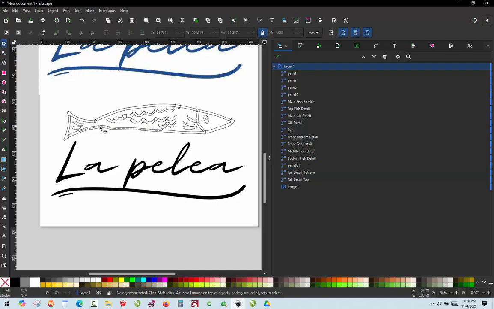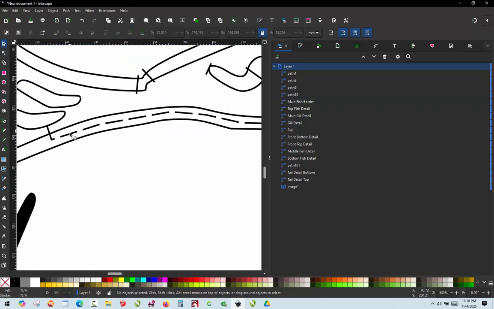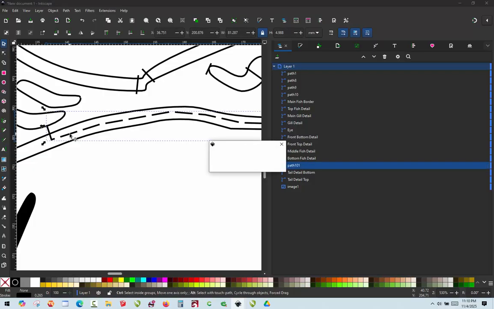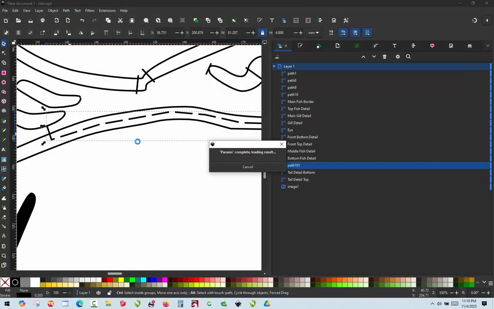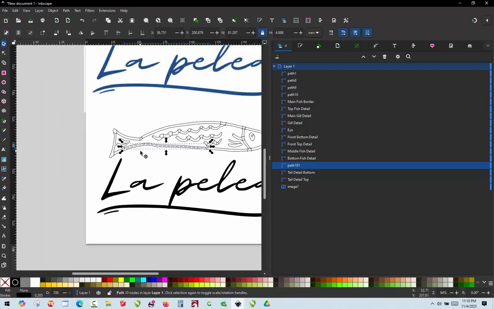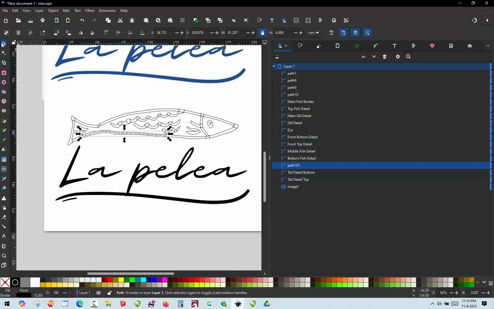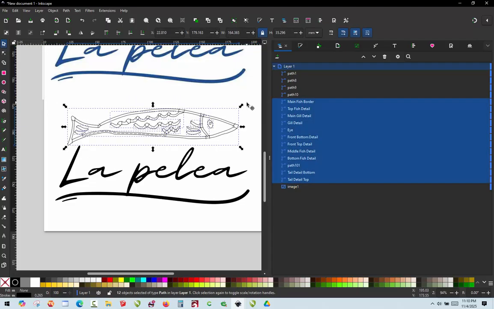So now we have this running stitch. I want to look at that running stitch by itself, because I just want to point something out here for you. So if we go into the params of the running stitch, you notice this running stitch is going to be 2.5 millimeters. And so what that means for your embroidery machine, it's not going to slow down one bit. Now, there is something that's kind of weird. I hope they change it in future versions. But if we go into params,